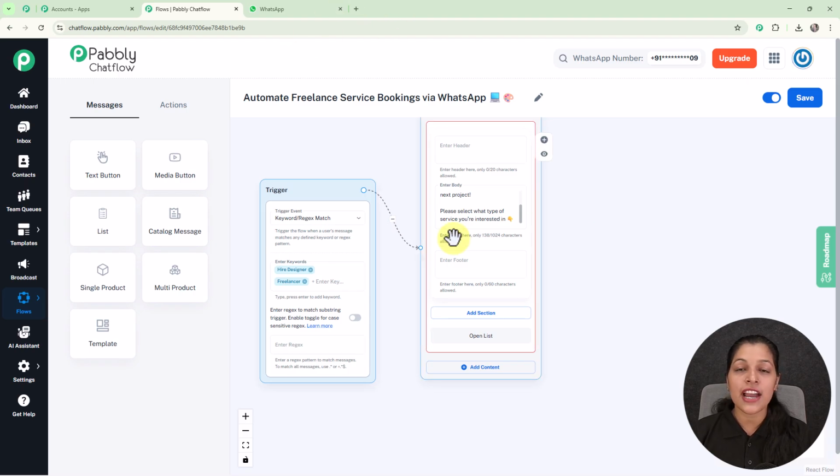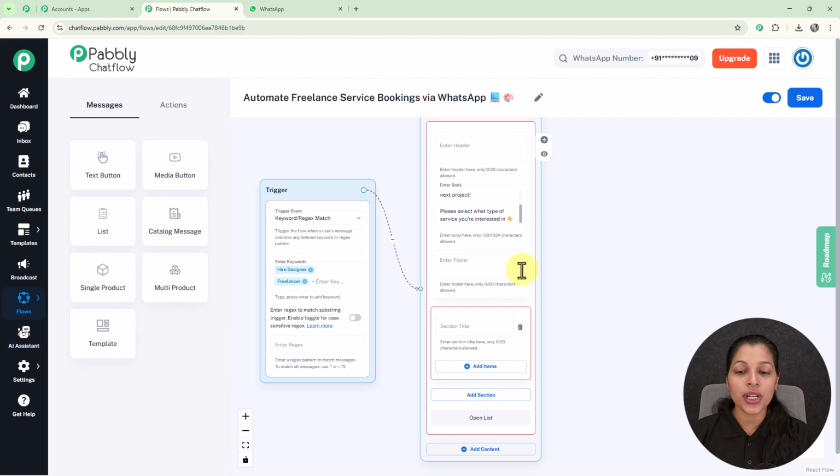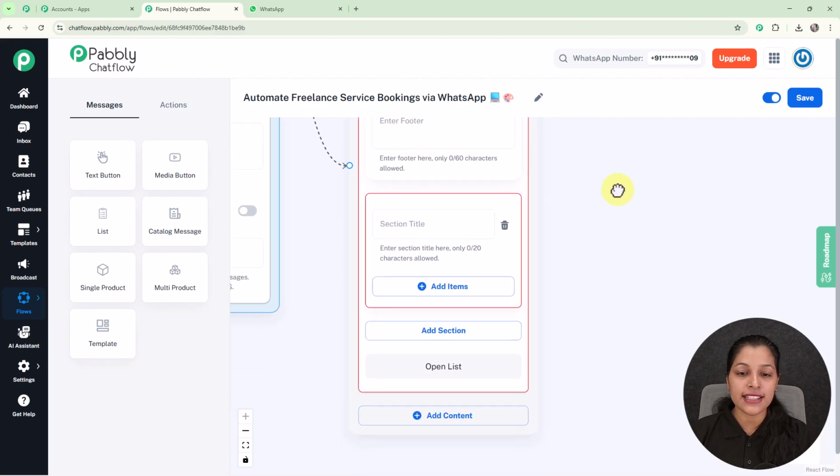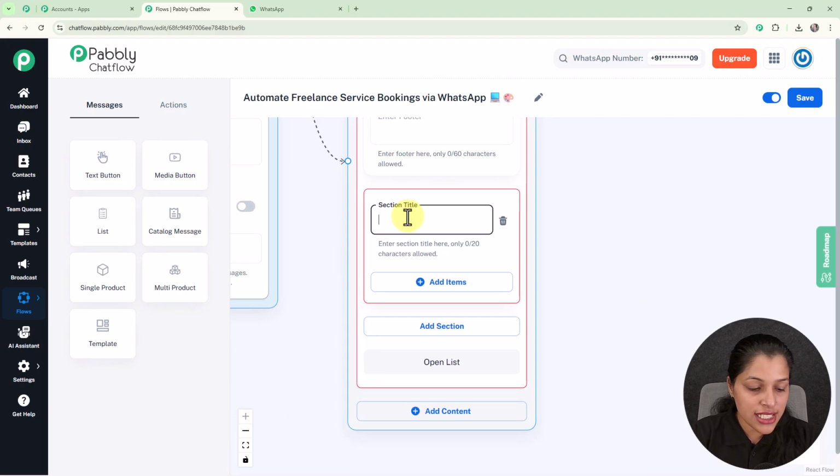So for that we firstly have to create sections. So for that we just have to click over this add section, and here you will be getting this dialog box where you have to provide the section title. So now I am going to provide my section title as services,